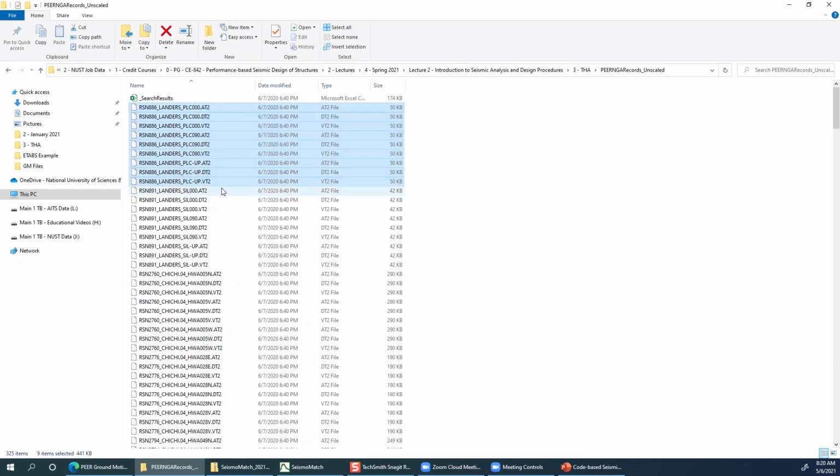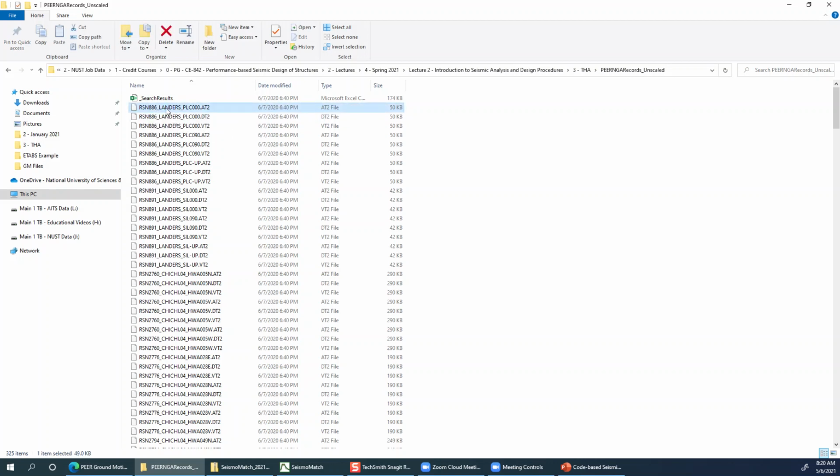Now what I have done is I have selected the ground motion files for one particular ground motion. The default format of the name of these PEER ground motions is that they start with RSN number, record sequence number. Each ground motion has a different RSN number.